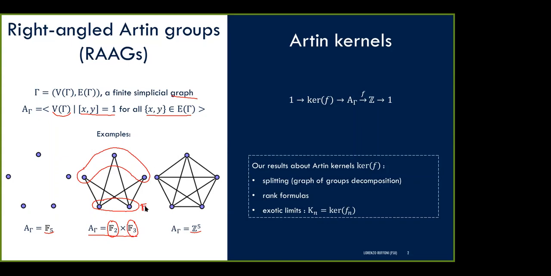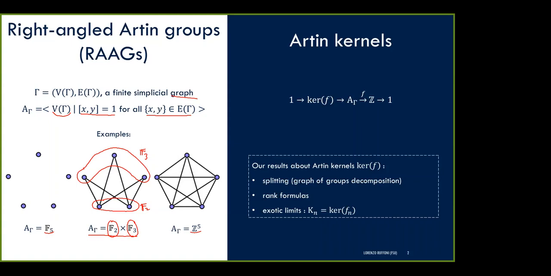And then everything from the F2 is connected to everything from the F3. And so that gives you a direct product decomposition. Everybody from one side commutes with everybody else from the other side. So you can see how the bipartite structure of the graph is reflected in the algebraic structure of the direct product. So these are the type of groups that are kind of the ambient for what I'm going to be